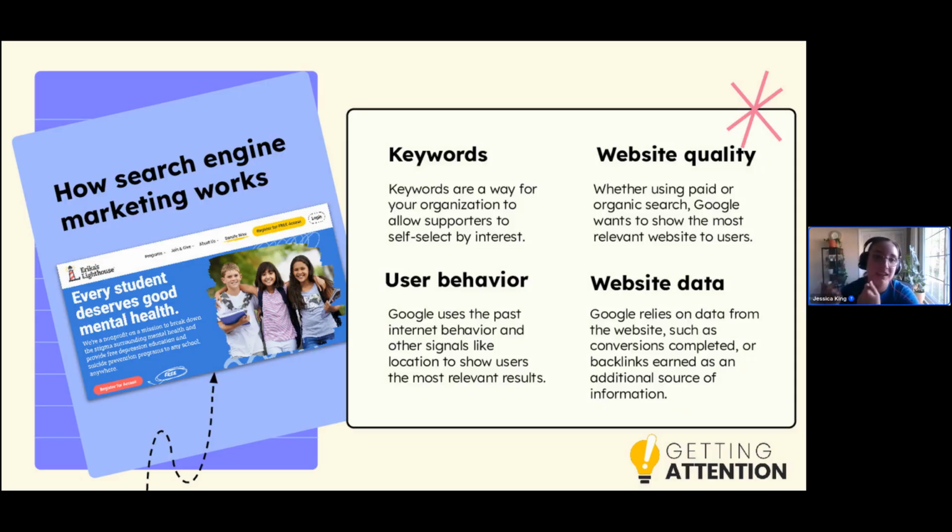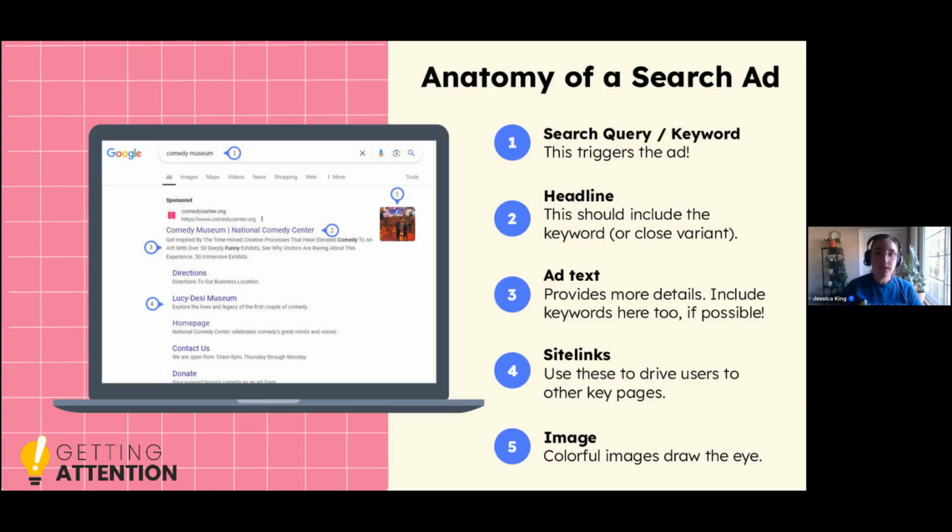And so if we as marketers understand that that's Google's purpose, then we can figure out, okay, great. What we need to do is figure out what information folks are looking for, and how we can put that in our website, in our marketing, in our communications, to make sure that Google views us positively. I also want to break down what I mean by search ads when I talk about all these different things, because I think it would be helpful for making sure we're all on the same page.